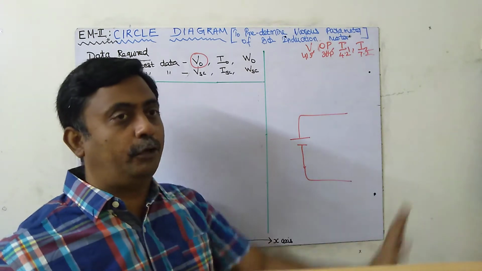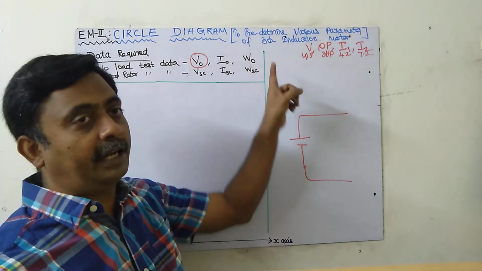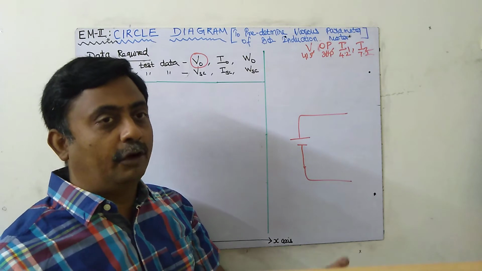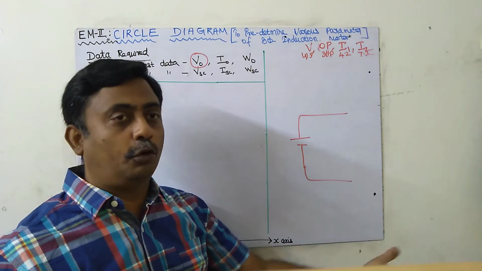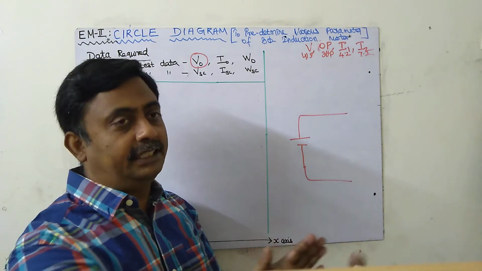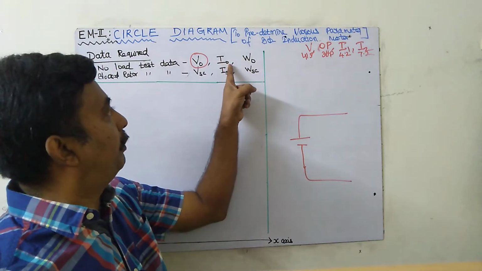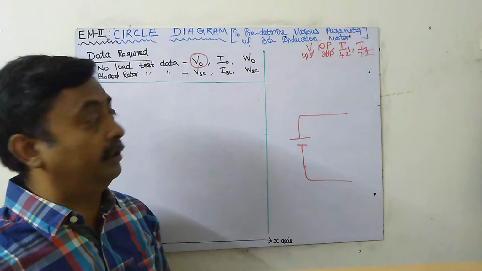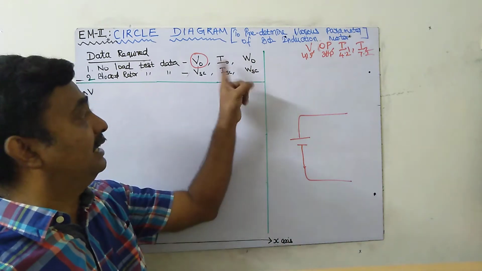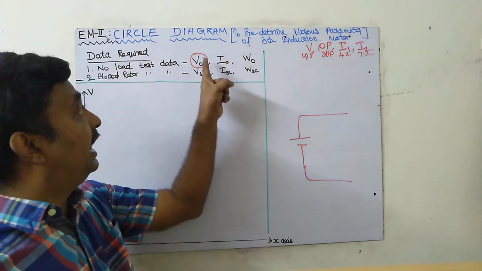To give the supply to the fixed losses, it will absorb some current. For example, fixed losses mean iron losses. Mechanical losses, because the rotor is rotating. To compensate for this, it will absorb some current, and that absorbs some power. That power is called the no load power W0, and the no load current is I0. This test is performed for rated voltage.